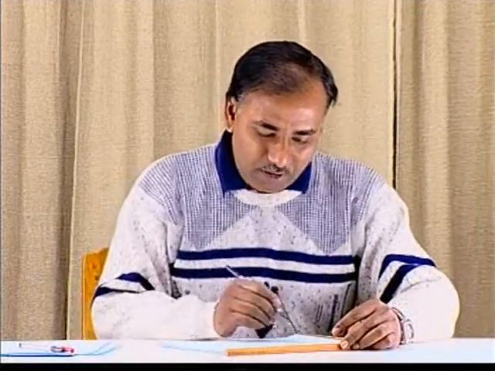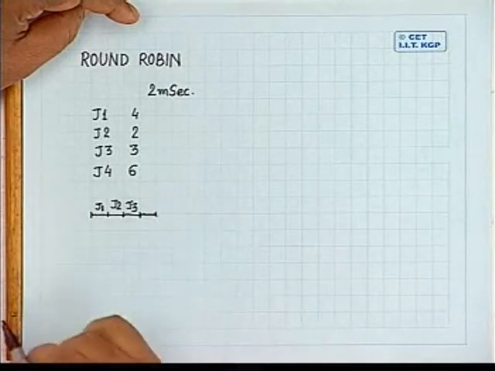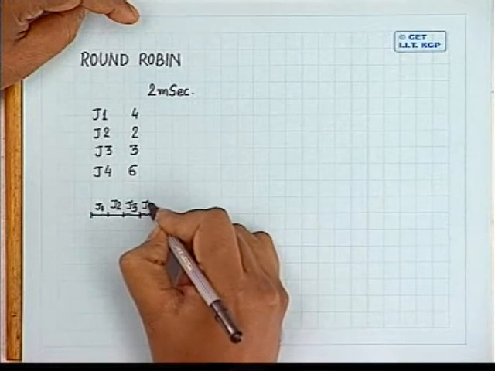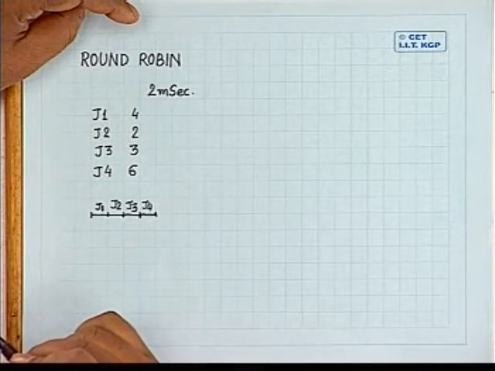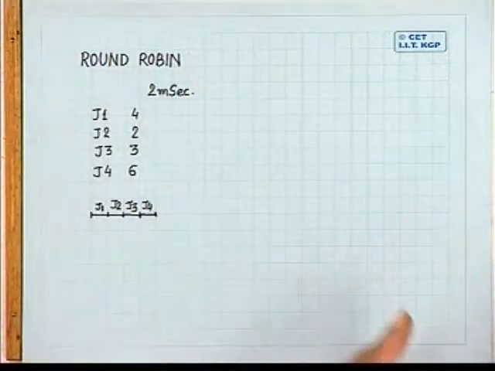After that, job J4 will be executed, whose time requirement is 6 millisecond. It will be executed for 2 milliseconds. First come first serve basis, the way it has appeared in the ready queue. I always take the job from the head of the ready queue, give it to the CPU for execution, and it will be executed for a maximum of 1 time quanta.